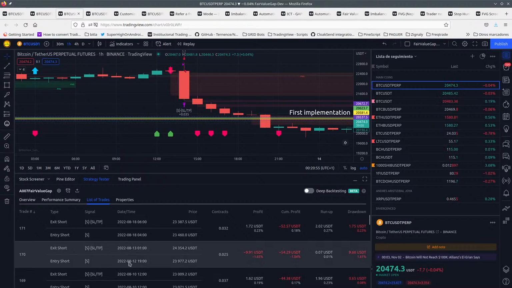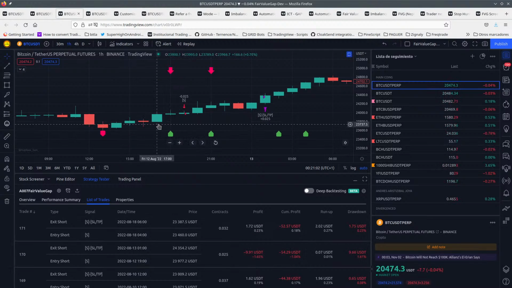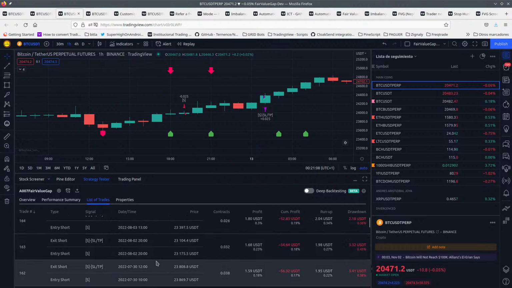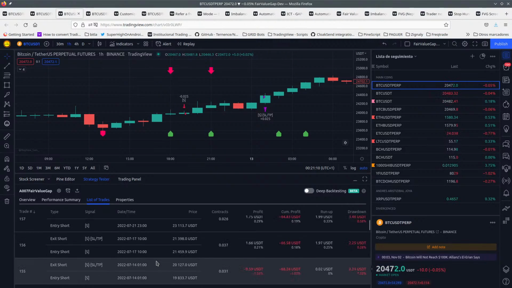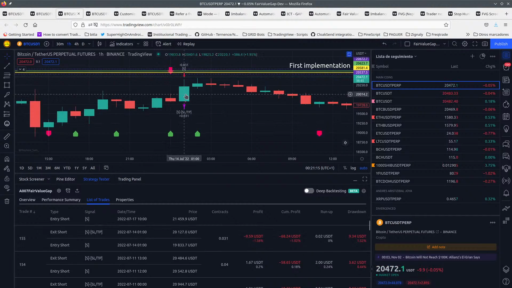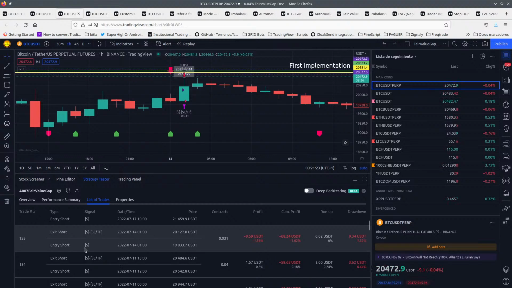Okay, let me see here. What the hell is this? Yeah, 3 green candles, including the current candle, so we wouldn't go into this trade. Okay. Let's see if we can find more stuff. This is not 3 candles. I don't think we could save this one. Yeah, I mean,